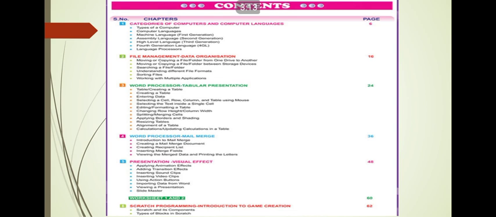Then the next chapter is word processor mail merge. This is a very important feature of MS Word which helps you to create a document and to send those documents to many persons at a time. It decreases your work. You don't have to write the same thing. If you have to send a letter to